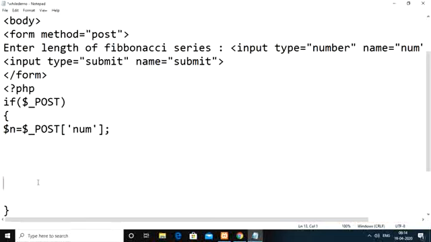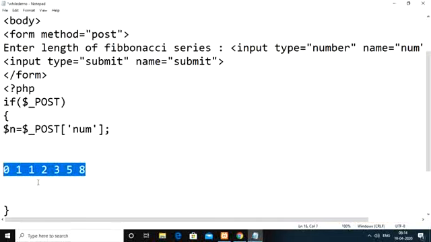So n is nothing but our PHP Fibonacci series length here. The Fibonacci series is nothing but, by default the initial two terms are 0 and 1. The next term we always find by adding the preceding two terms. The preceding two terms, 0 and 1, when we add you get 1. The next term we get by adding 1 plus 1, whatever the result, that will be the next term. So 1 plus 1 means 2. The next term, 1 plus 2, means you get 3. 2 plus 3 means you get 5. 5 plus 3 means you get 8. So like that.